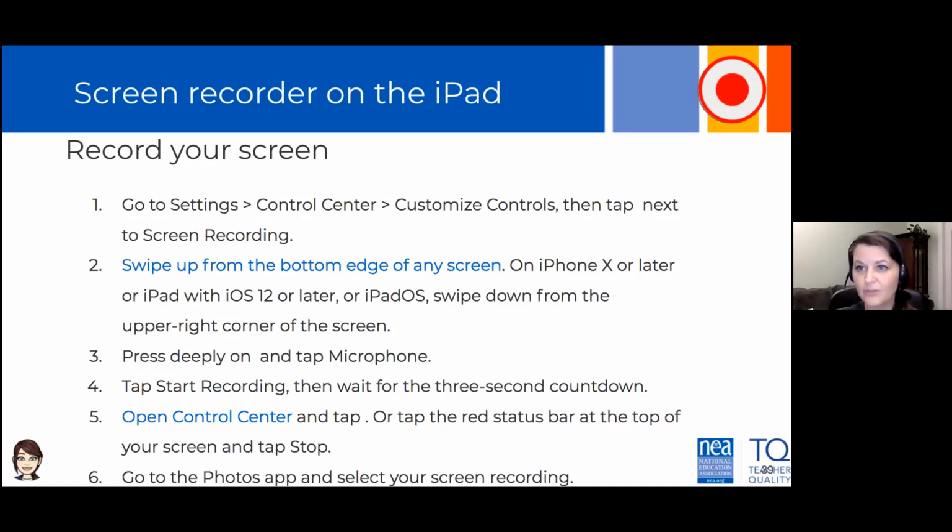like our first graders, our kindergartners, our young fives all have iPads. Our older kids have Chromebooks. So I usually make a screencast for each device because it looks different to the kids, if that makes sense.